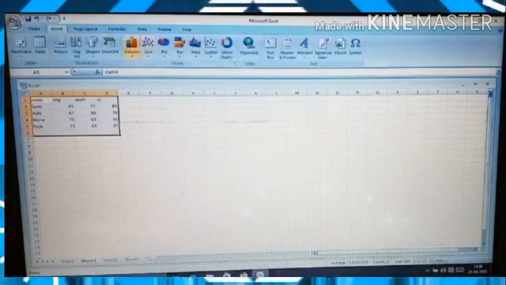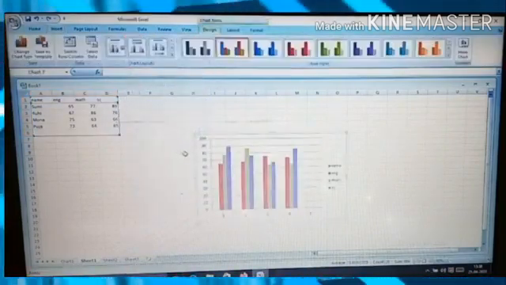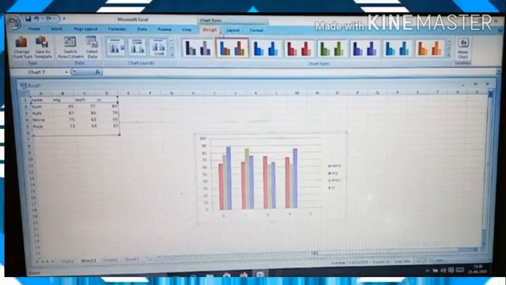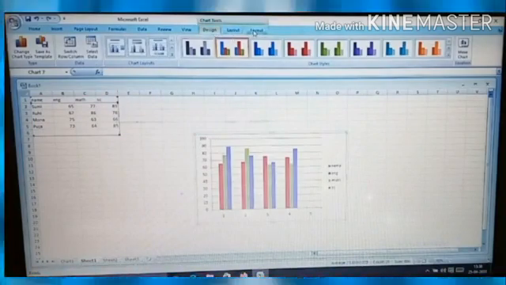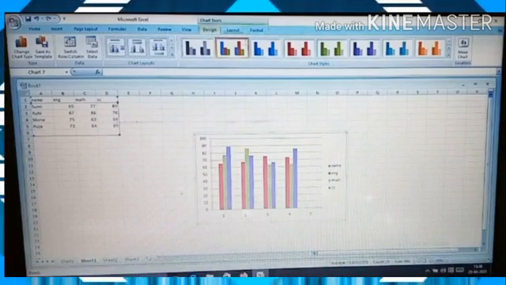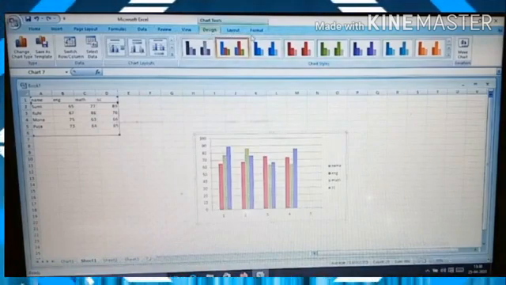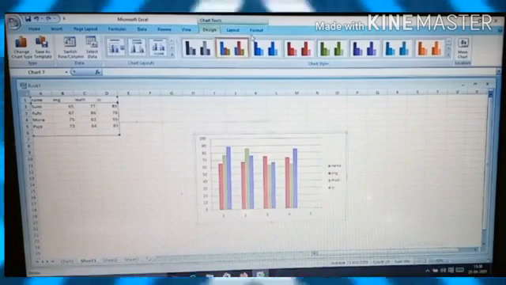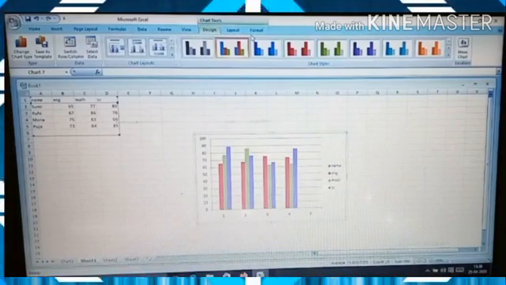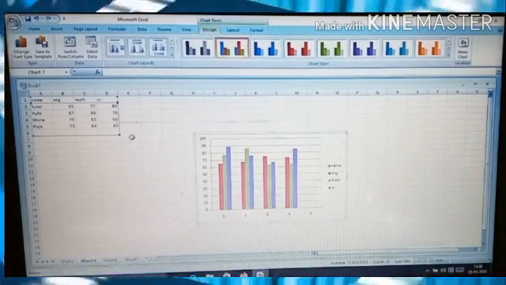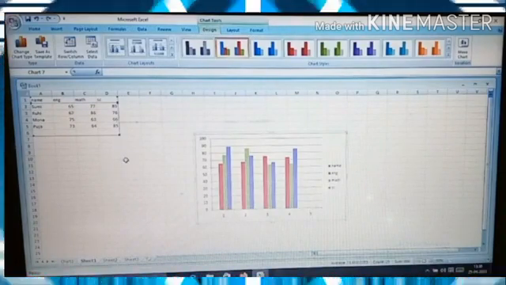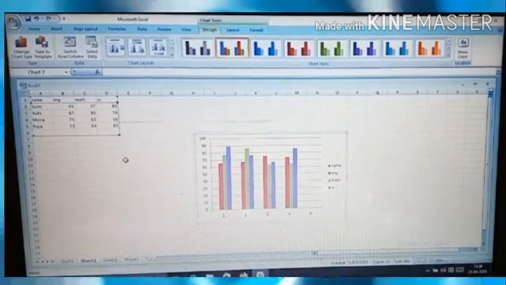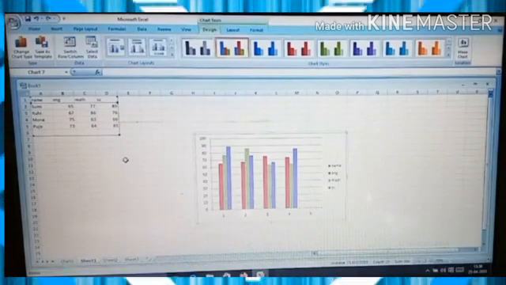But as soon as you create a chart, you can see some more extra options like Chart Tools showing Design, Layout, Format. You can see Design, Layout, Format. The Chart Tools tab appears. You can use this tool to change the chart type, modify the chart source data, change data location and more. It is very interesting.